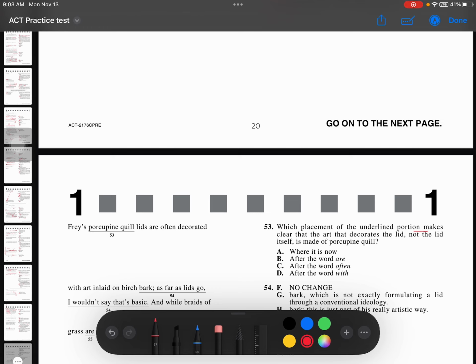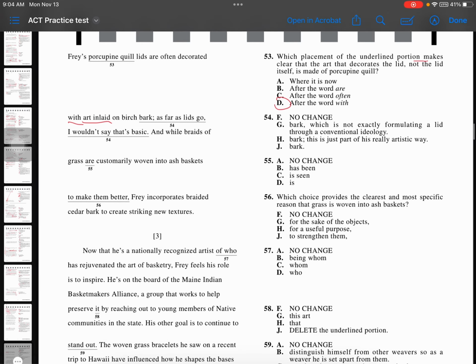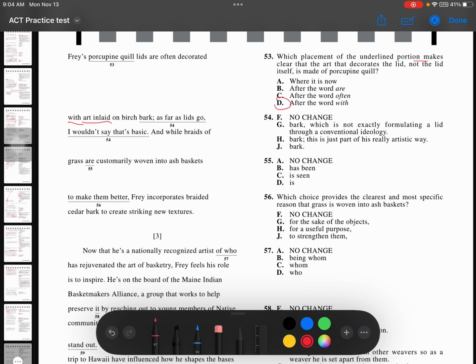After phrase, what? Which placement of the underlying portion makes clear that the art that decorates the lid, not the lid itself, is. Oh, phrase porcupine quill lids are often decorated with art. What? Oh, with art. Oh, okay, sure. That's fine. That was still really quite weird wording. With art inlaid on birch bark,